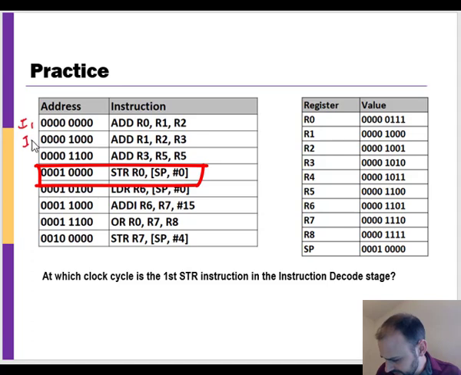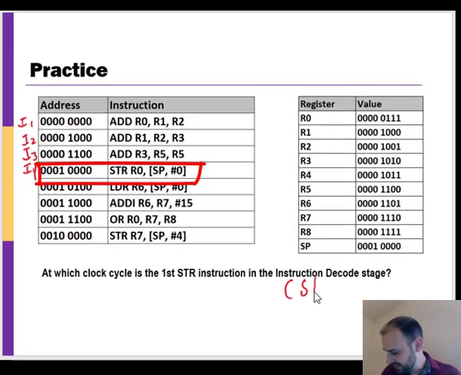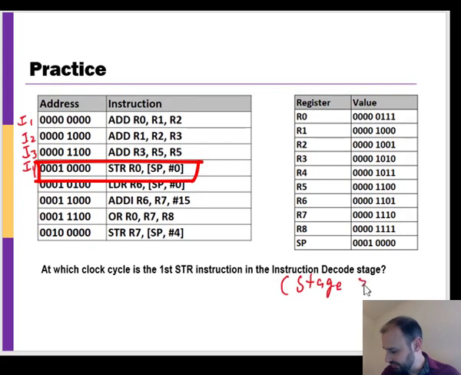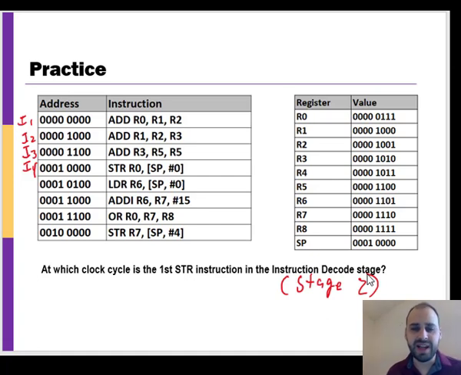Let's first look at the store instruction as our 4th instruction. And the decode stage is stage 2. So the answer to this is going to be clock cycle 5. It's going to be clock cycle 5, and